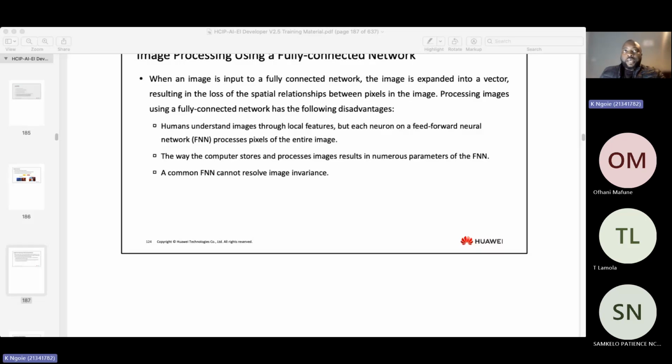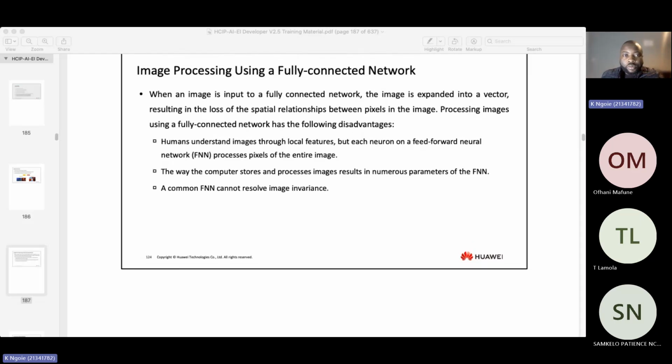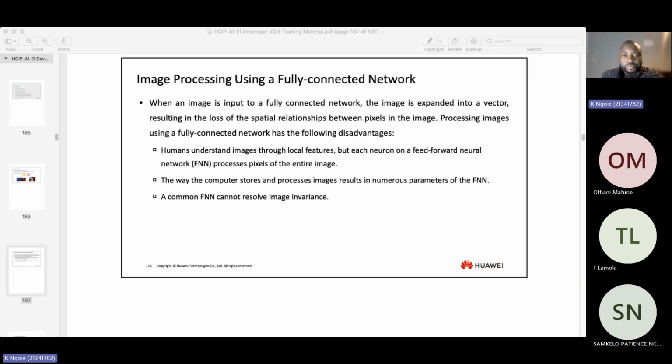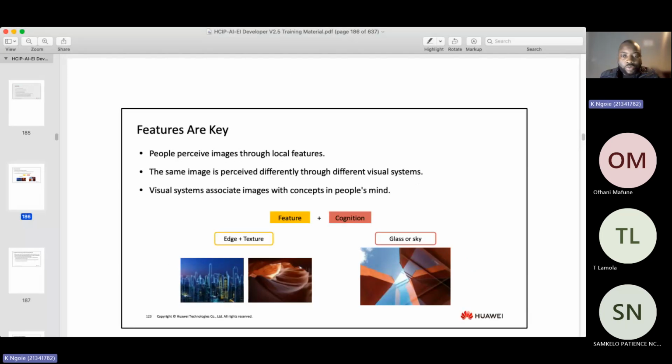All right, guys, just gonna continue from where we left yesterday. Yesterday we started talking about image processing using CNN, the convolutional neural network, which will take an image and receive the image